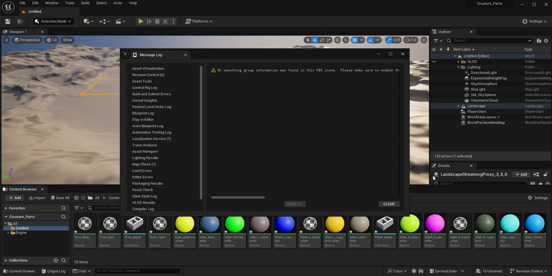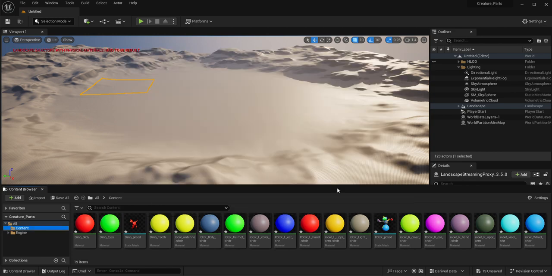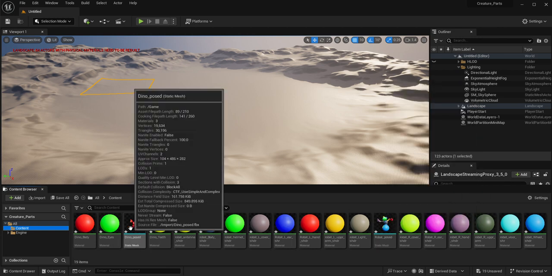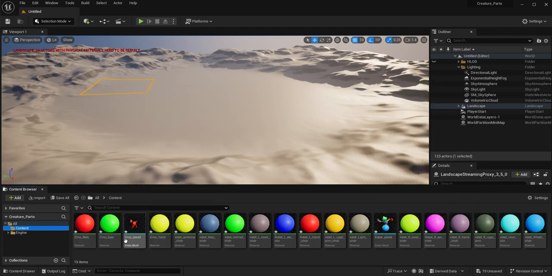Okay, that's finished. This message, this new smoothing group, I'm not going to feel too worried about it. And you see here in my content window, now all my assets came in there, my robot and my dinosaur. And of course, the naming that I gave in each one of those Lamberts came. So that's going to make it a lot more efficient. I'm going to start being organized here